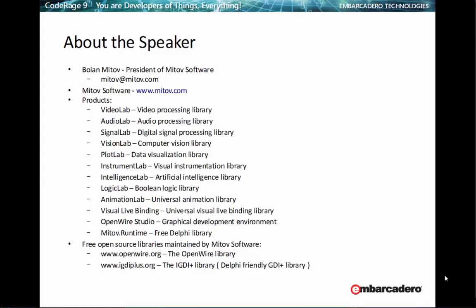So Keith asks, he says, great components, Bojan. In the FireMonkey edition, can any descendants of TShape, such as Ray's, work with other descendants of TShape, such as Ray's new Radiant components? Well, since the library uses live binding to bind to practically any property, you can animate absolutely any component, no matter whether it comes with Embarcadero or from any third-party vendor.